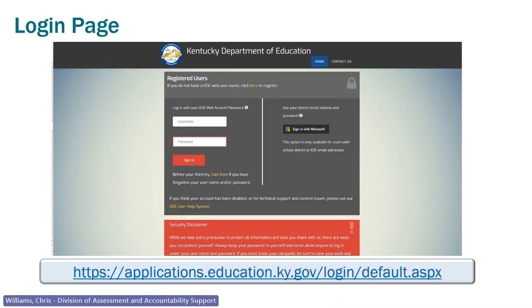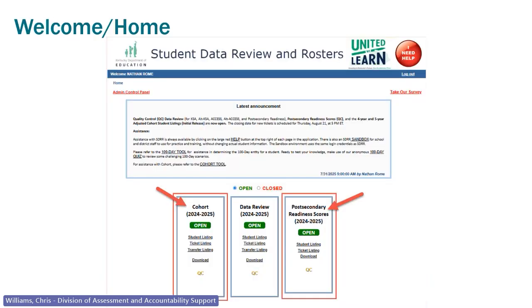You'll be able to, on the right-hand side, log in with your Microsoft account. Once you've logged in, you're going to get to the Welcome and Home page. And you'll notice that up at the top, you have your latest announcements and lots of resources for you. I spent a lot of time on resources and things like that. You'll also want to take it back and look at the first module in more detail.